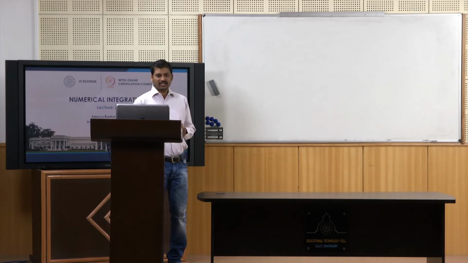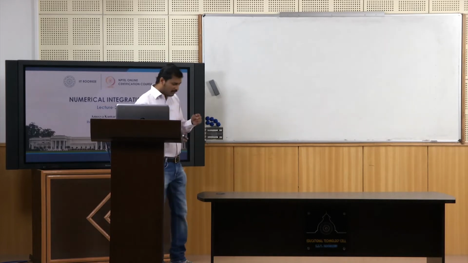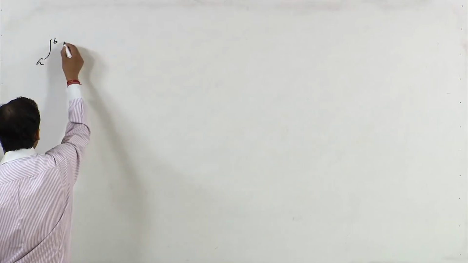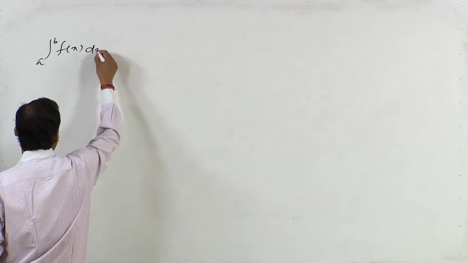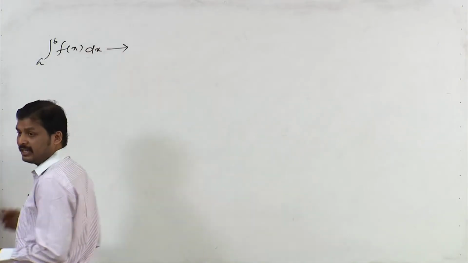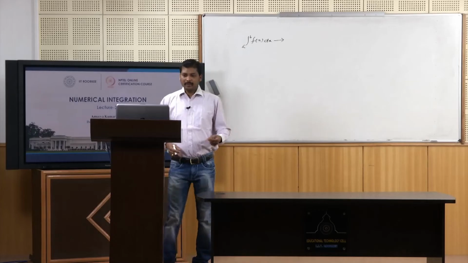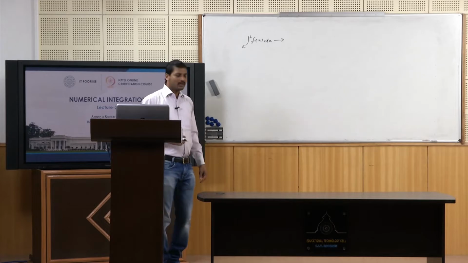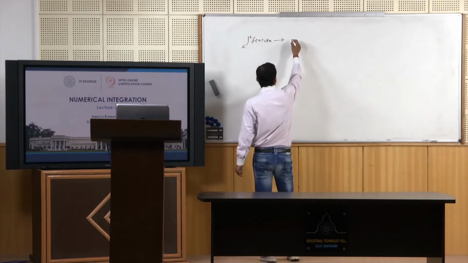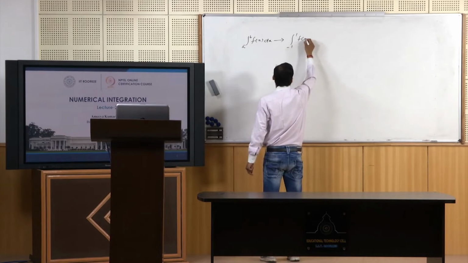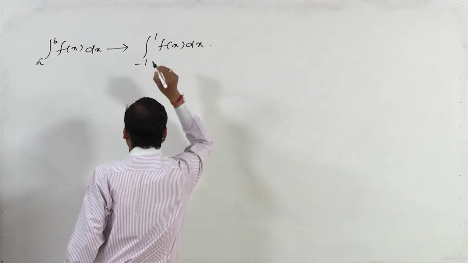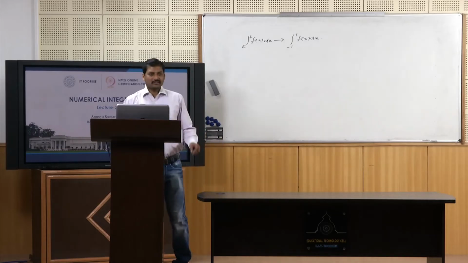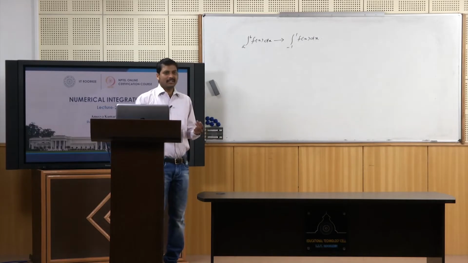we have discussed that whenever we represent an integration, it is usually written in the form of integral a to b f of x. And the strict rule for the Gauss Legendre integration method is that we have to transform this integration range a to b to -1 to 1. So, first we have to do this transformation,